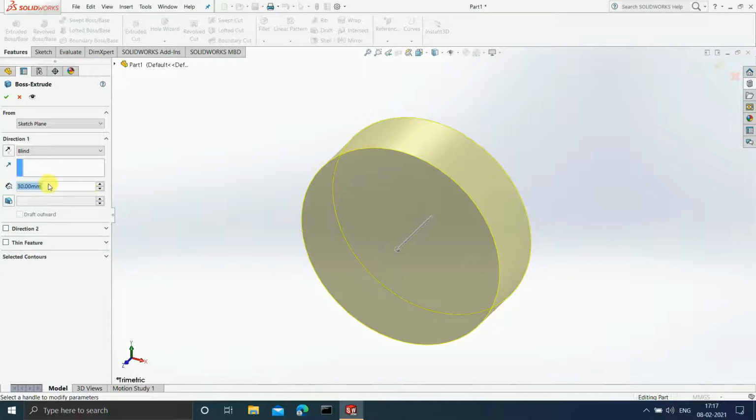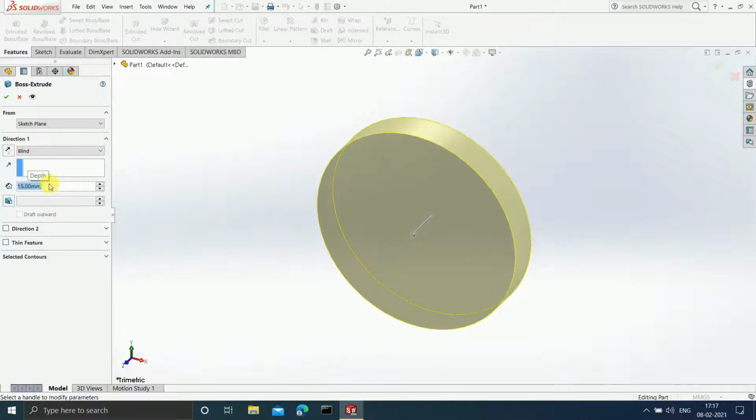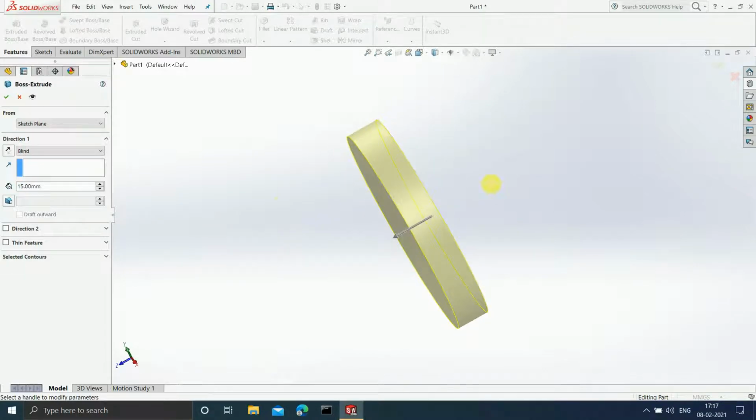Suppose I make it 15, then the sketch is going to decrease in size. Guys, let me show you again. If I make it 20, the sketch is getting extended in this particular direction, from right to left. Am I right? From this starting point to this end. This is the direction which you can see.